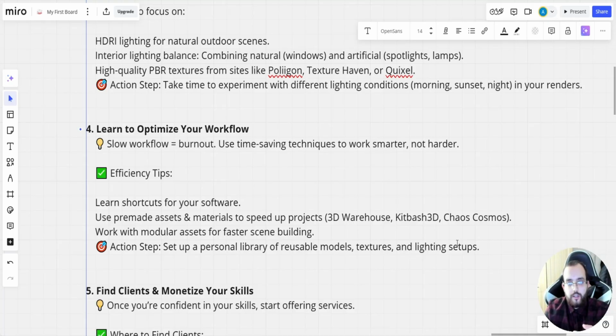It's very time consuming, impossible, 100% you will burn out. This is why I recommend you to use pre-made assets and materials to speed up the process, like 3D Warehouse, Kitbash 3D, or Chaos Cosmos,